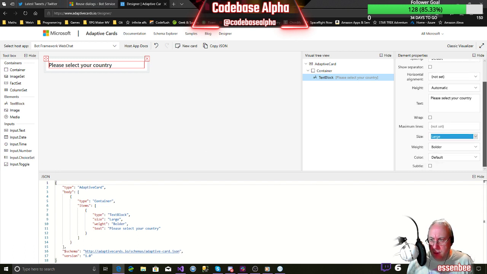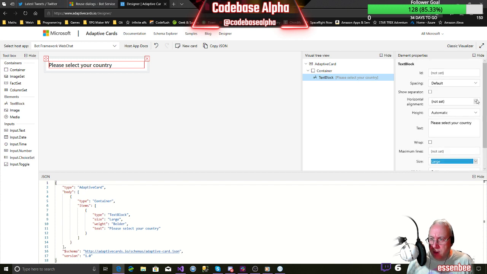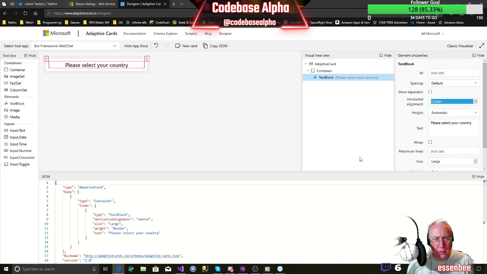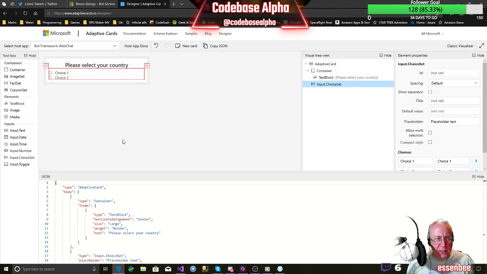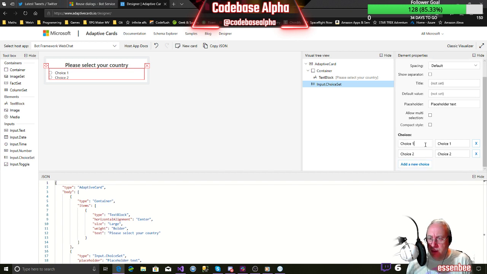What else can we do? We can change the color. We can set it so it's centered. Looks nice. Okay, and then what we can do is pop in a choice set underneath that. The choice set, currently it's set to be radio buttons. And we've basically set the choices up here, so we can say here,